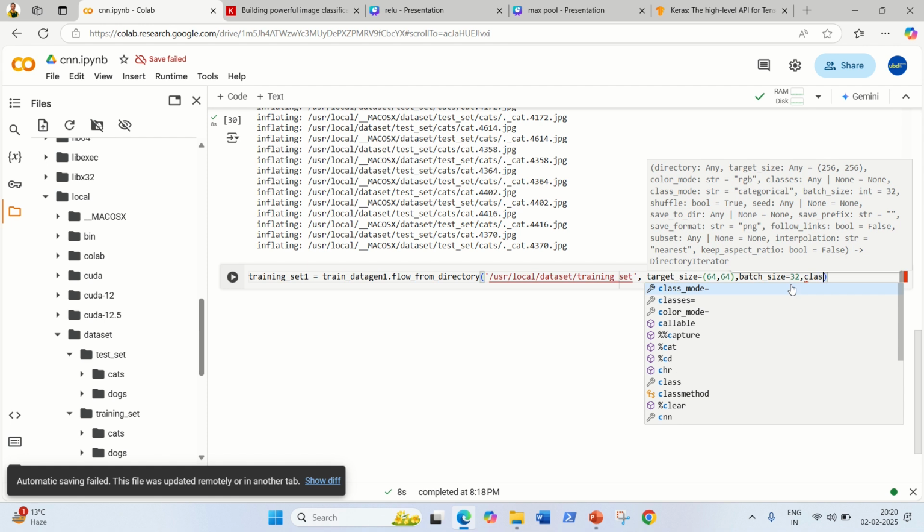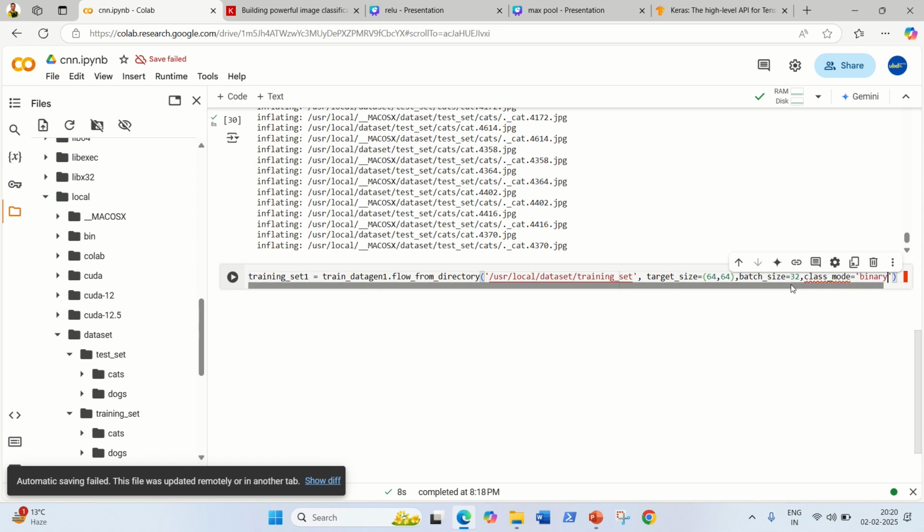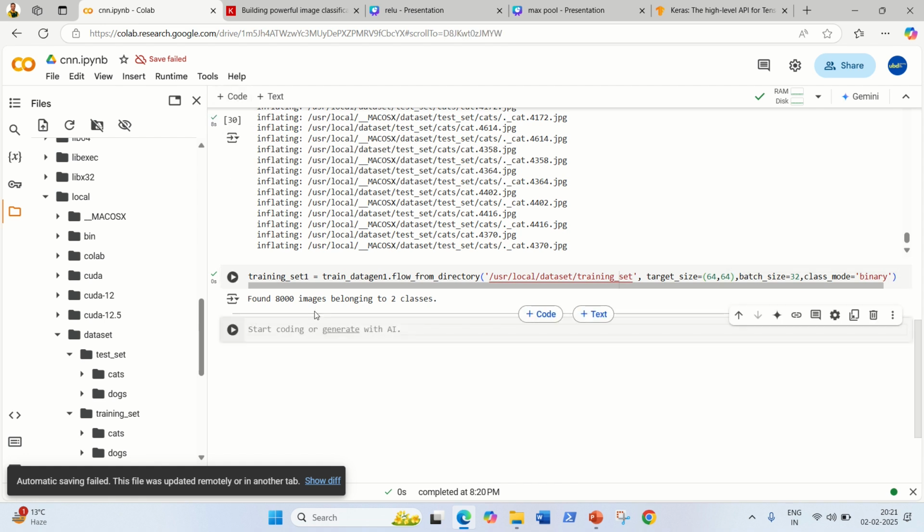So class mode will be binary. Okay, class mode equal to binary. This is done from here. Okay, all done. I guess nothing is pending. All right, we're done. Okay, you can see found 8,000 images belonging to 2 classes. It has been resulted from this step. Moving further,